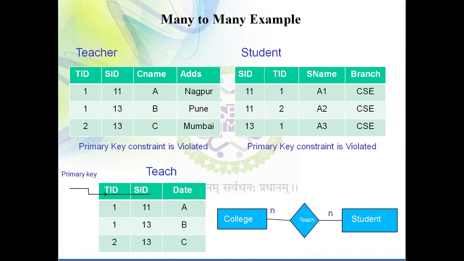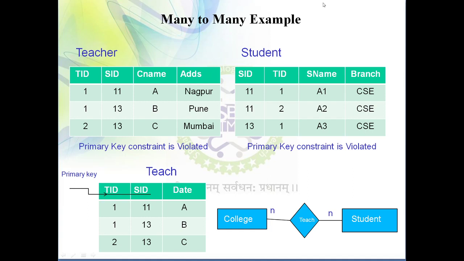So in a one to many kind of relationship, what mechanism have we seen? Either we add the student ID attribute to the teacher table, or we add the teacher ID attribute to the student table. Now here we have to check which one is successful, because suppose I'm saying a one to many relationship exists between teacher and student, I need to check here whether the primary key constraint is violated or not. Suppose it is violated, then I am not going to allow adding that attribute. So that we are going to check.